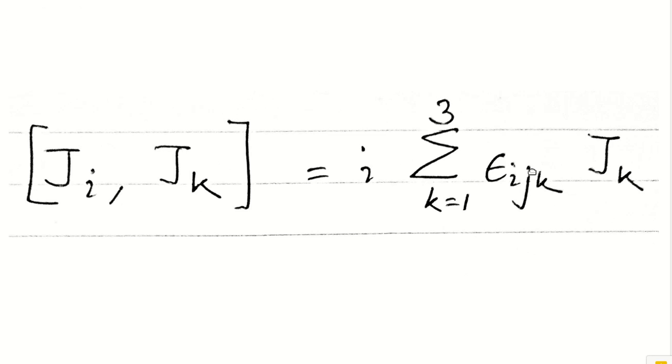It has a nice property that epsilon of 1, 2, 3 is equal to 1, and if you permute it evenly, it will be equal to 1, but epsilon of 2, 1, 3 will be equal to -1, and if two of these indices are equal to each other, then epsilon